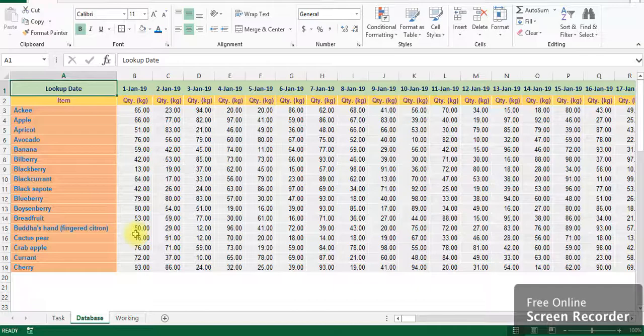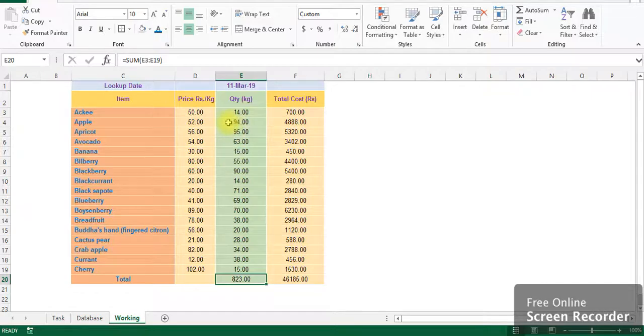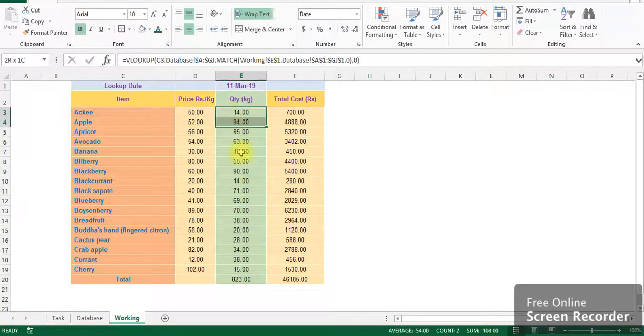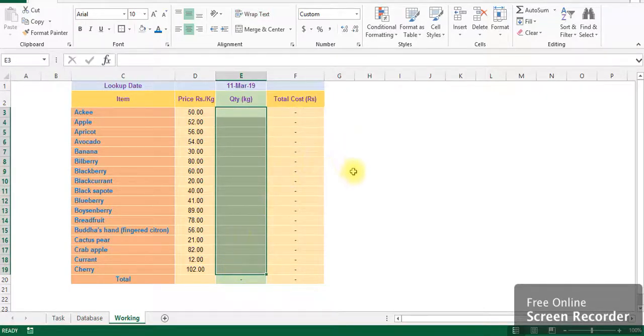Now the question is, if he wants to find the total cost of the items, considering the cost is the same for all the days, for a specific day, that is, if I just want to find how much quantity he has sold on 11th of March or on any specific date, with which price. So for this we will be using the VLOOKUP formula. As you can also see, I have used it over here with the match function. I will be using the match function for this date. So let us just start how we can use this function.